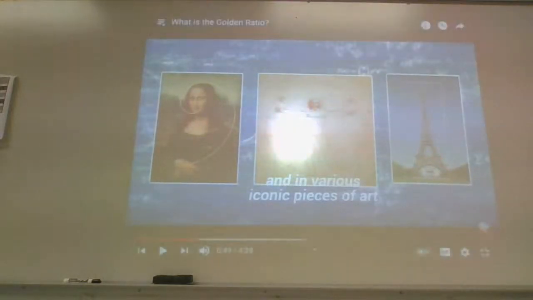So I'm going to pause it right there. Look at those iconic pieces. And yes, we've seen the Vitruvian Man in the middle. But look at the one on the far left. You have that golden spiral occurring precisely in the dimensions of the Mona Lisa. You have the line that I drew, the very first thing I drew today, showing the dimensions of the shape of the Eiffel Tower, just making it appealing to the eye. Back to the video.